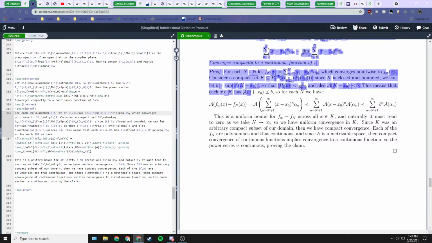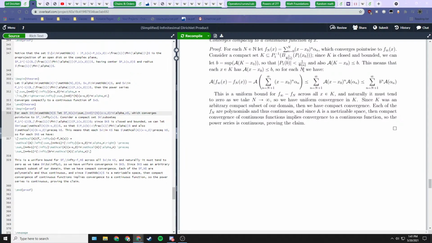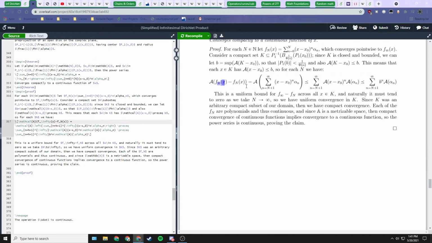So this bound holds for every x in K. For every upper bound n, we can just do this approximation. We take the absolute difference of f sub infinity, which is what our series of functions are limiting to, and subtract f sub n. So this difference is just this tail sum. f sub n is the sum from n equals 0 to capital N, and if we subtract all those lower terms, we just get this tail sum. It's just the power series tail sum.